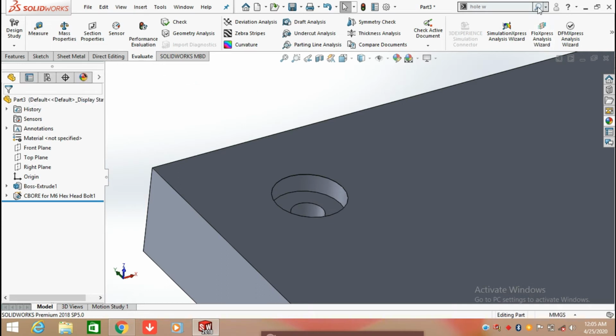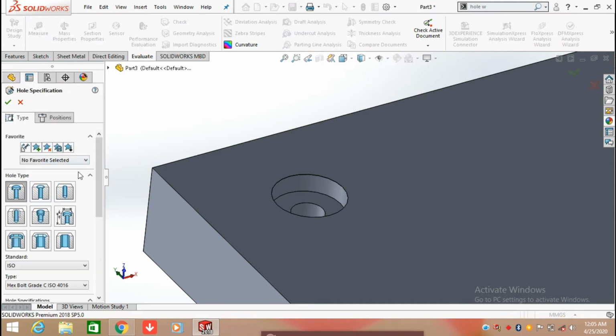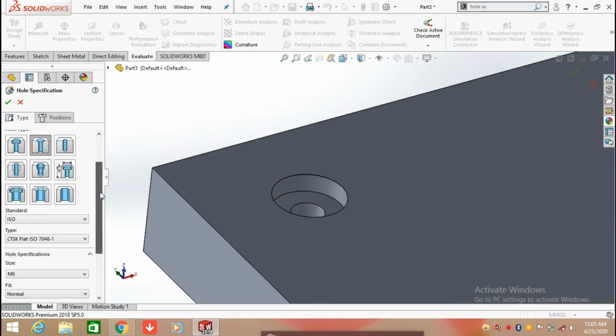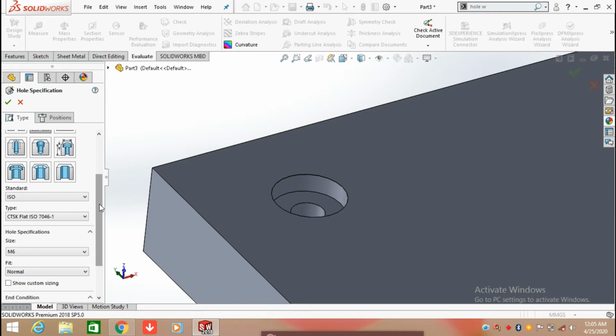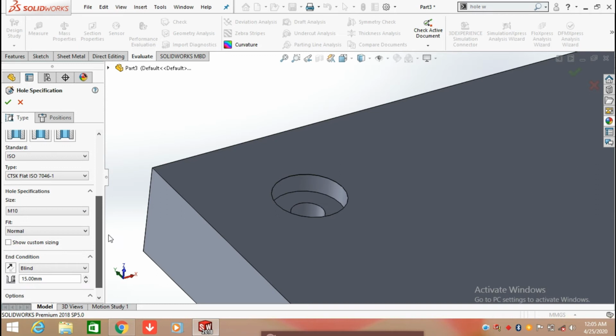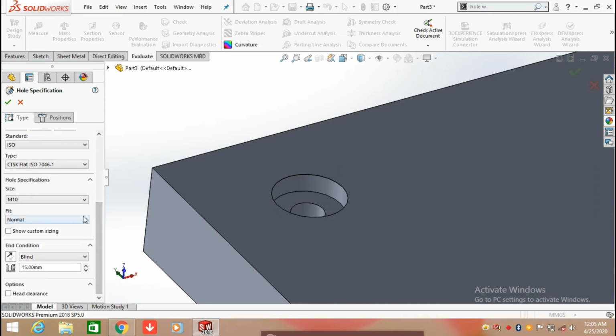Now again click on hole wizard and here select the second one, the countersink. Click on countersink and here select the size of the hole. We are going to select the M10 hole and fit it close.